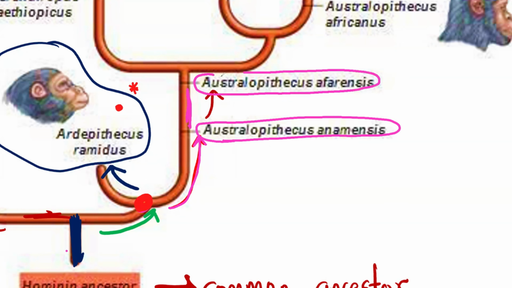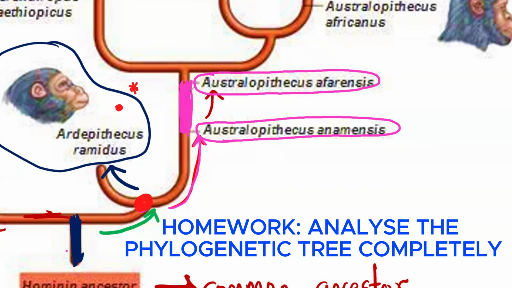They have the same genus name as well. They are in the same generation, in other words, these two. But when you talk about the one that is the ancestor, who came first, when we interpret from top to bottom, Australopithecus anamensis came first. Then in the same line, Australopithecus anamensis proceeded to form Australopithecus afarensis.